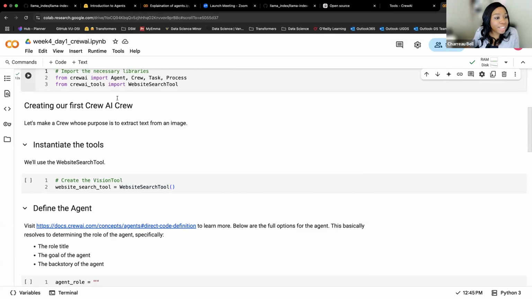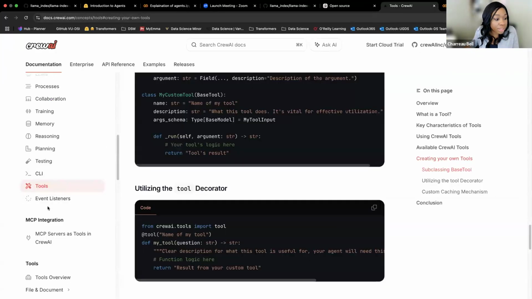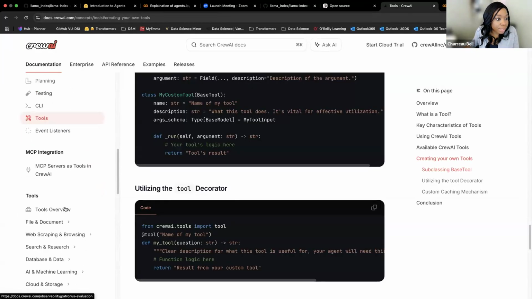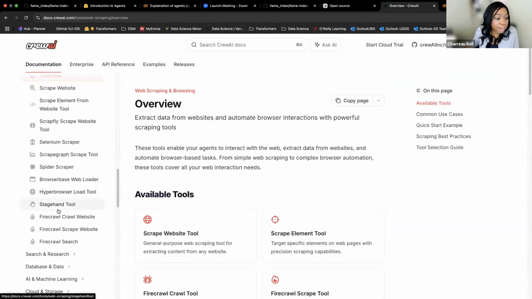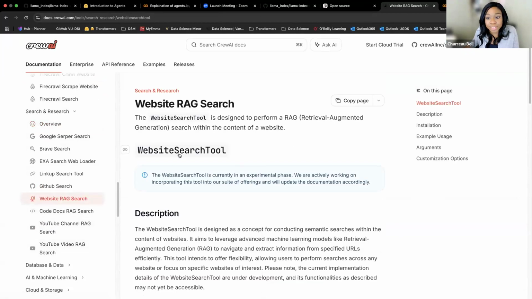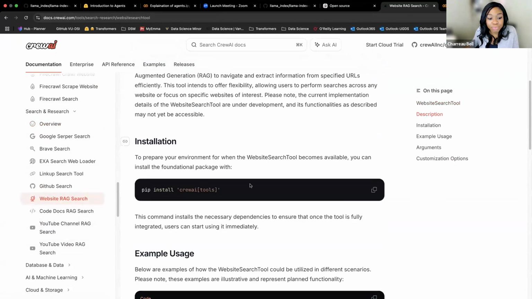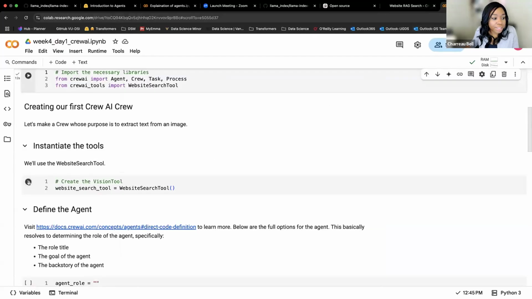But what we see is we're going to just create our tool first. We saw how we could do that with our tools. Was it this one? I don't remember. There we go. Maybe this one? Yeah, there it goes. So website search tools. We have some choices about how we want to do this, right? We can call it like this, and we can also call it like this. So to begin with, we're just going to call it like this.